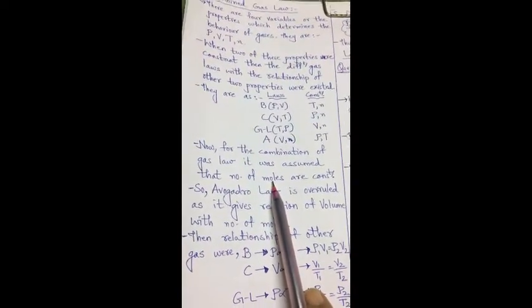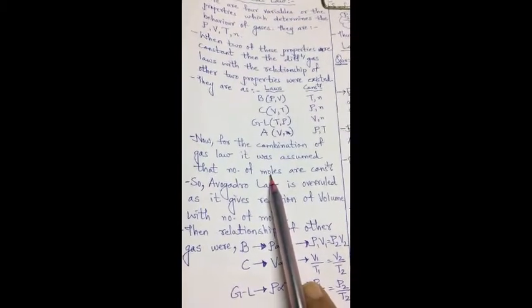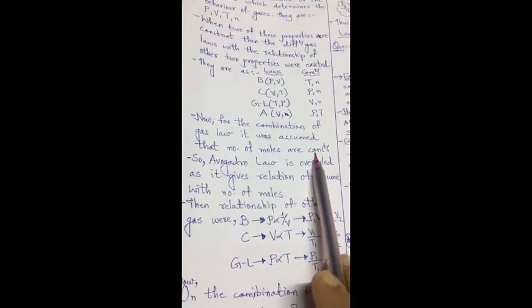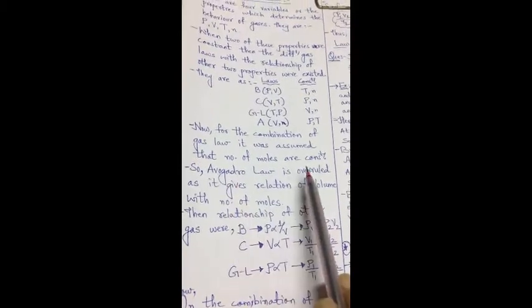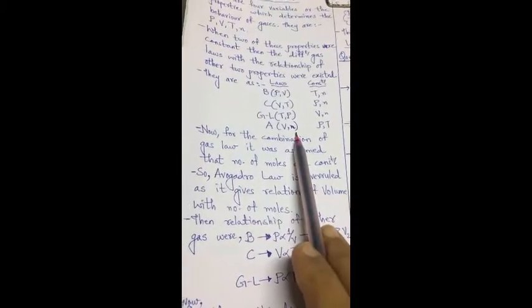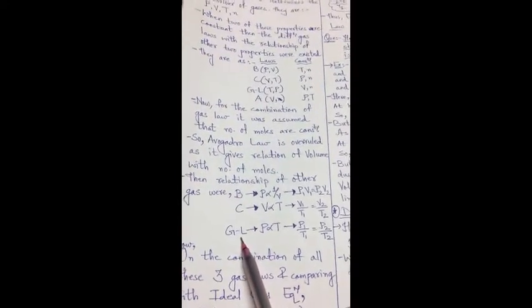So once the gas is considered, its amount remains the same, so we can say that the number of moles is constant. Thus for the combined gas law, Avogadro's law is overruled because it relates to the number of moles. Then we have to consider the other three laws, Boyle's law, Charles' law and Gay-Lussac's law,